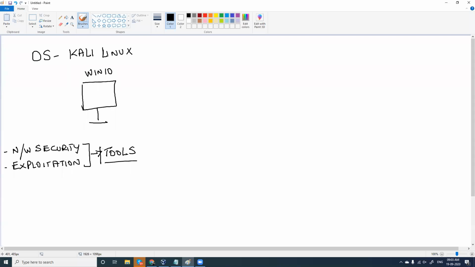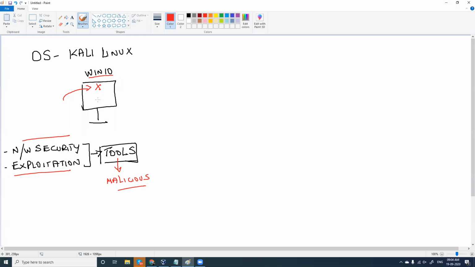When you download these tools from the internet and try to install them in your Windows 10, right, there are chances that the tools can be malicious. And when you install these malicious tools in your Windows 10, probably it is going to harm or corrupt your Windows 10 operating system, which again can lead to loss of data, right? Because it's all hacking tools and network security tools that we are going to install, we have to be very careful with that. So we have to play with this in a very safe environment. So how do you do that?